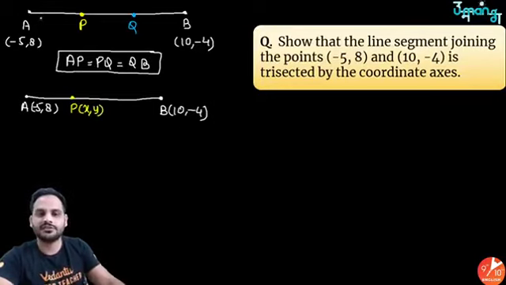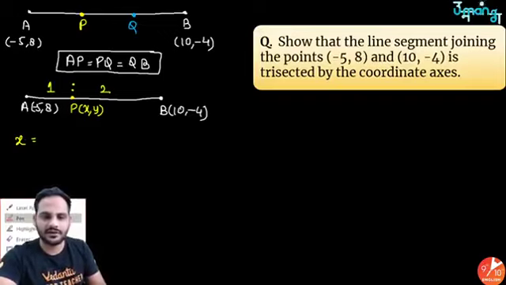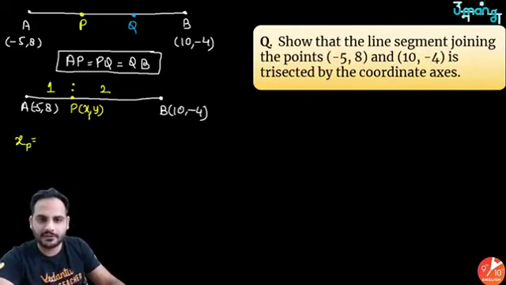So I know the ratio here will be 1 part and here 2 parts. So the ratio is 1 is to 2. So use section formula. X coordinate of the P, you can take it as Px also. Let us take the x coordinate of P, so xp I will take. ठीक है, x coordinate of P, xp comma yp.